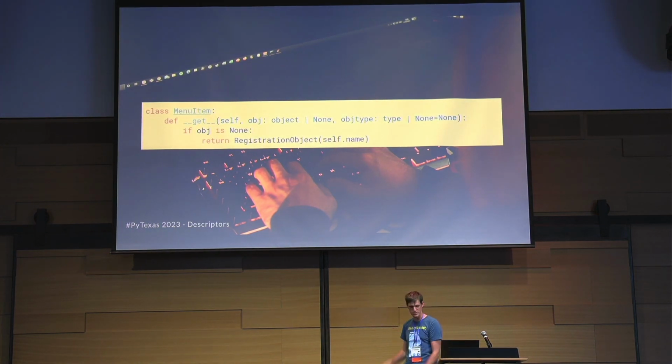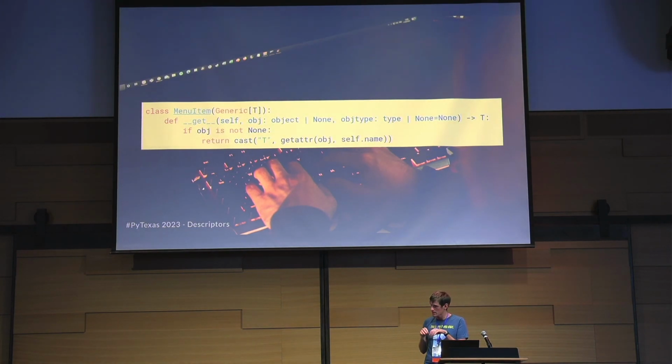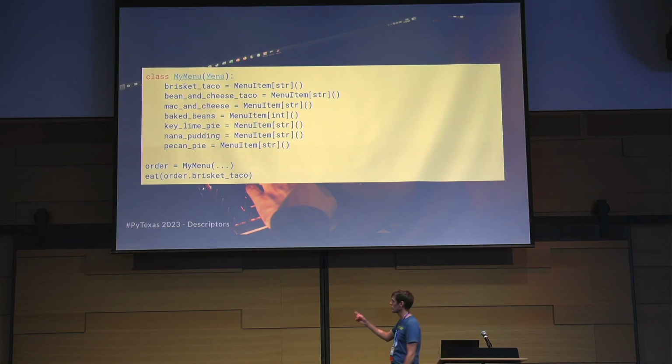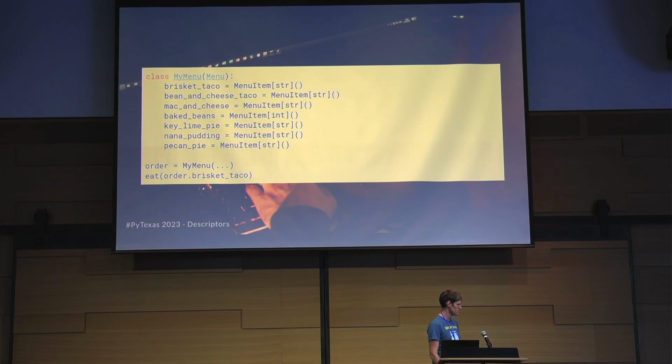Now we need to register the options. This part's mostly just plumbing. If the object is None, you called it on the class and not the instance, and then maybe the Menu superclass gets to access all of the attributes of that subclass, and if it's this magic registration object, yeah, it's plumbing. The cool thing is that I can sprinkle in a little bit of typing, like a generic, and I have this code. It's 7 lines, and now I can do the thing I want to do, and it's type safe. I think that's my last slide. Ha! Descriptors. Woo!